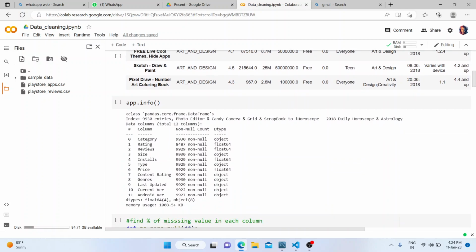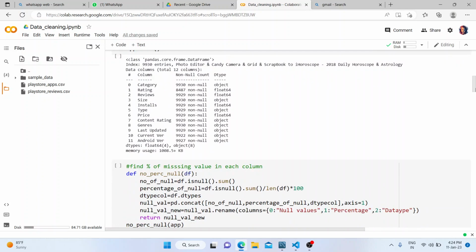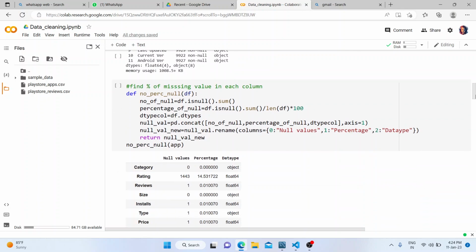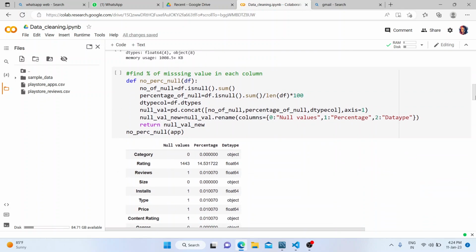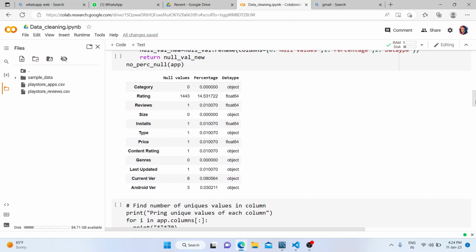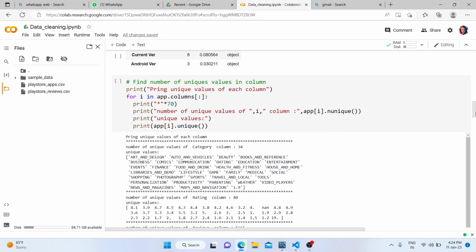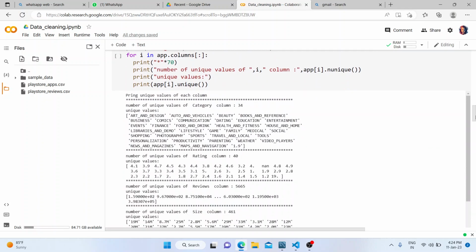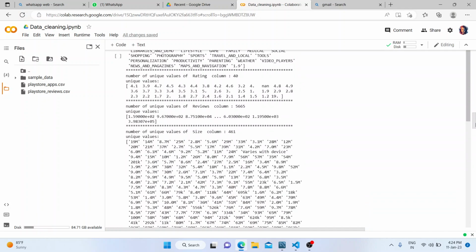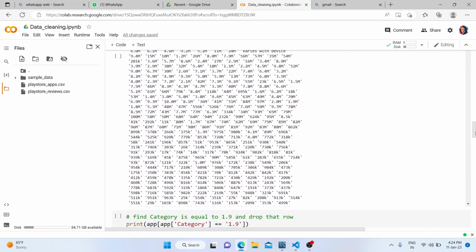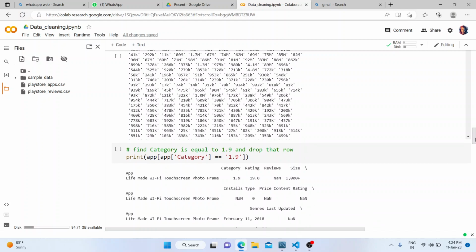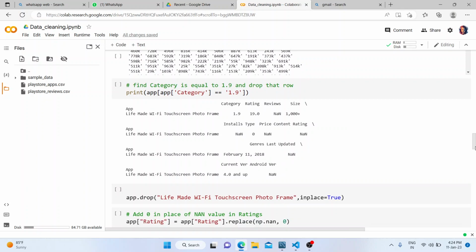This is the shape of the data set. Then I found the percentage of null values in each column. Then this is the unique values present in each column. Here in the category column, 1.9 is an invaluable value, so I dropped that value.